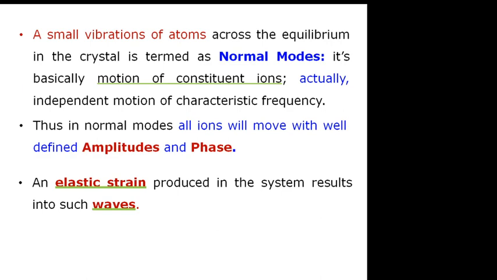Then elastic strain is produced in a system when such kind of waves travel in a medium. तो एक आप सोचो कि कोई एक मीडियम है, उसमें से अगर आप साउंड वेव पास कर रहे हो तो लॉन्जिट्यूडनल साउंड वेव माने कंडेंसेशन और रेयरफेक्शन. तो माने जो मीडियम में से आप पास कर रहे हो वेव, तो वहाँ पे उसके एटम पे वेव की एनर्जी की वजह से स्ट्रेस आएगा and they will start vibrating as the wave is forcing them and the wave is giving the energy to that. So the elastic strain will be produced, meaning atoms will be displaced under the guidance of the wave.